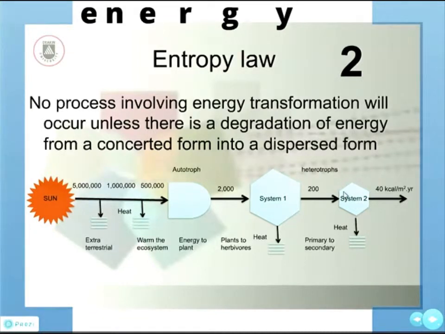But then when it goes to the heterotroph, the second level, like animals eating plants, the animals and all this, including human beings, are less efficient. So if you think of cities, we are in that category, and we are very inefficient there. I'll come to that later on. But I just want to tell you that we need to go to the basics of how nature works, the model of energy movement through the universe, in order to see that there is a lot of energy out there, but how can we make the best out of that?